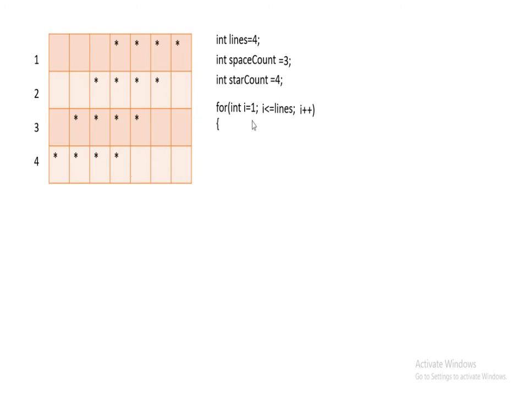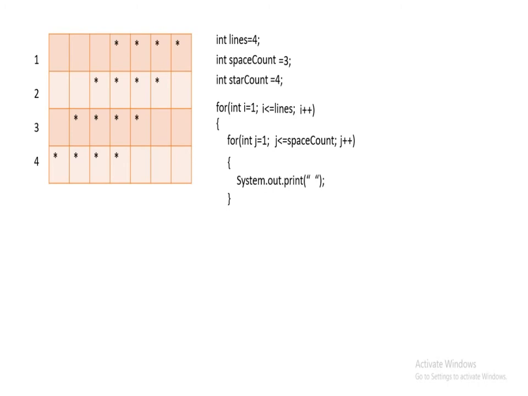When we have gone through the lines we need to manage the stars and space. When i equals 1, i equals 2, means when we are on the first line, second line, we need to define 2 for loops to manage stars and space. Here space must be printed before the stars, so we use another for loop to manage the space. First start from j equal to 1 and it goes up to space count variable, that is 3. And each time we are going to increment j by 1. Then we need to print the space inside this for loop.